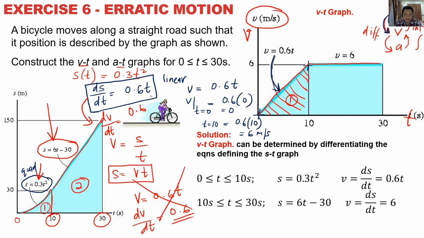So the equation is S is equivalent to 60 tolak 30. So differentiate lah. ds over dt. Of course, we're still doing VT graph. So ini dapat apa? Dapat 6 terus lah. Betul lah. Dapat 6. So this is how you plot VT graph. Next,